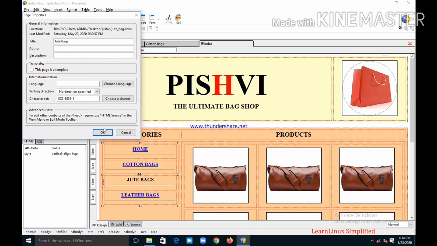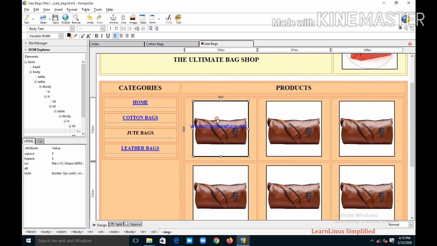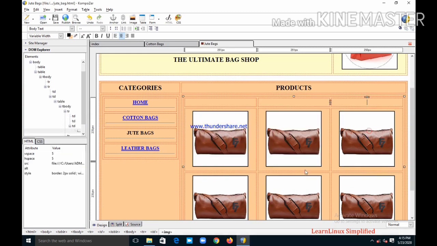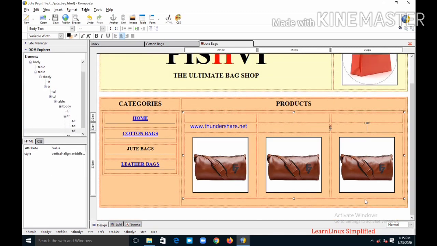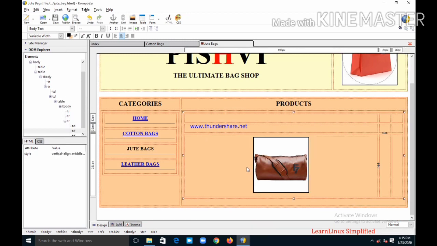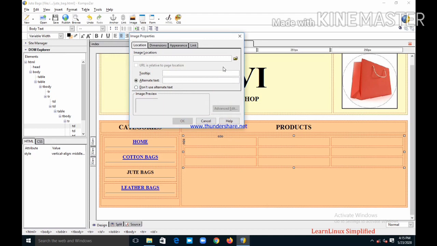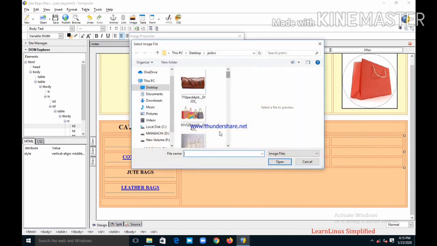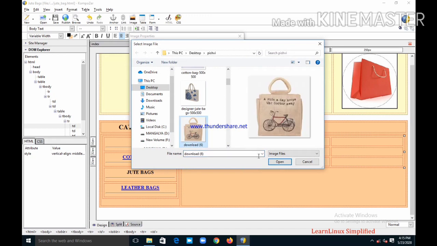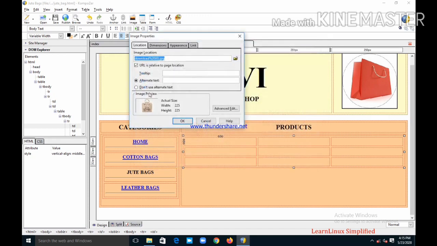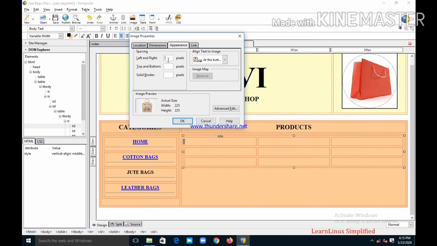Then the image: select the image of the jute bag. Suppose this is my jute bag. Opening it, don't use alternate text, dimension 200, appearance 5, 5 and 2.